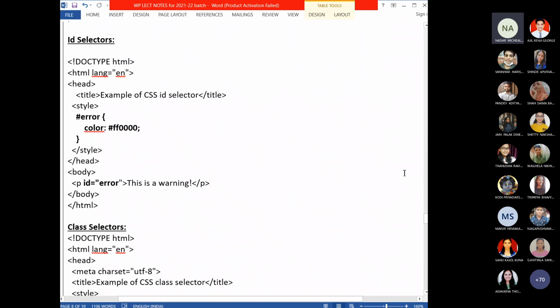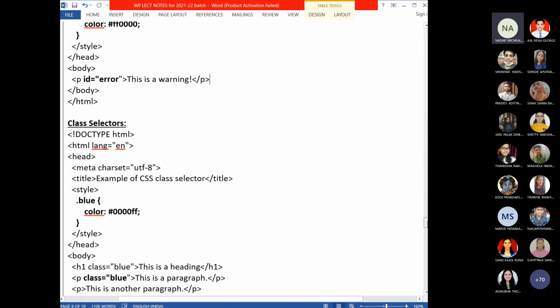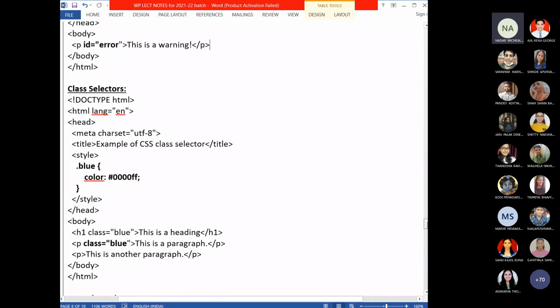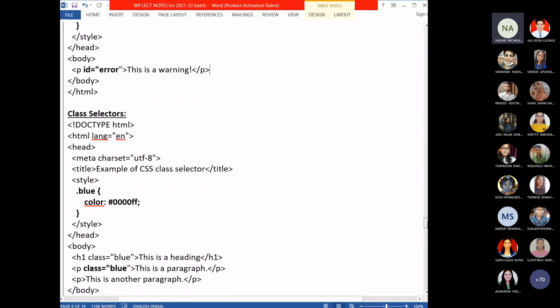So based on your requirement, you have to decide which type of selector to use. We have another selector called class selector.